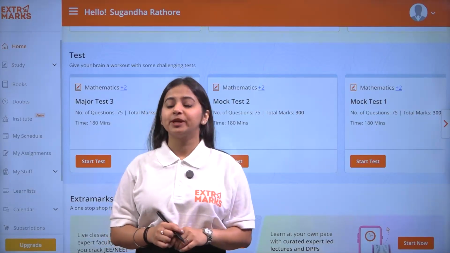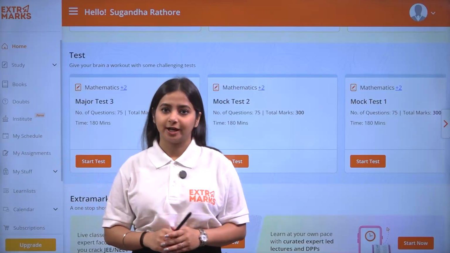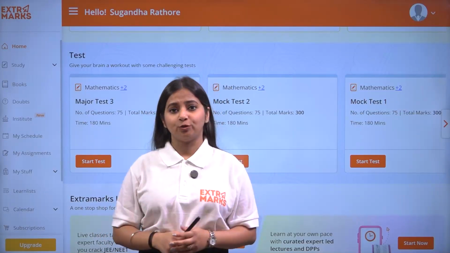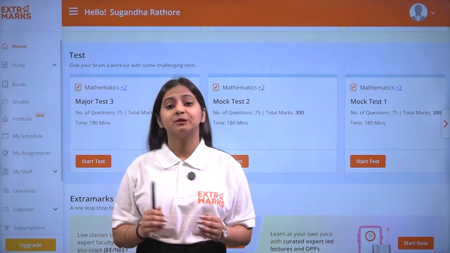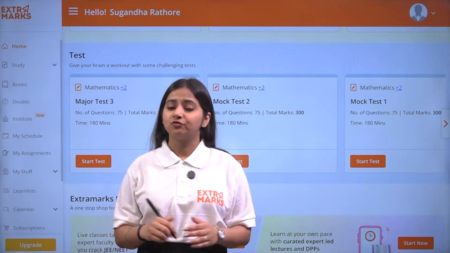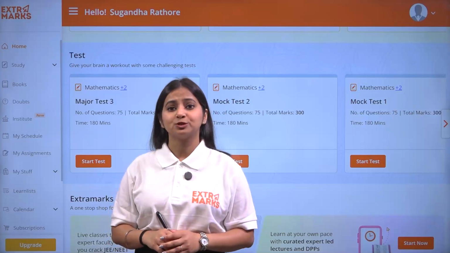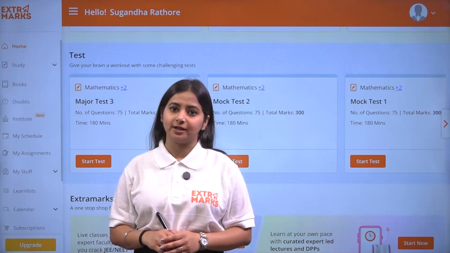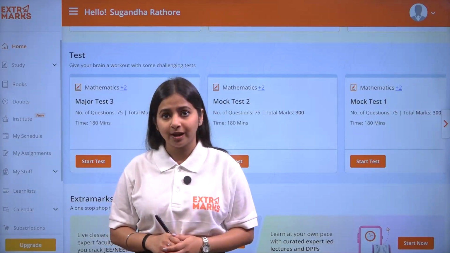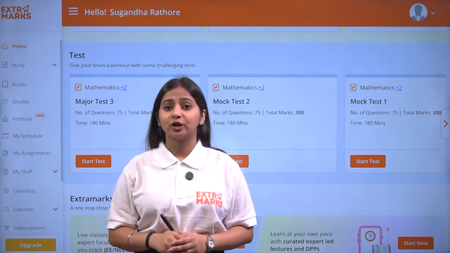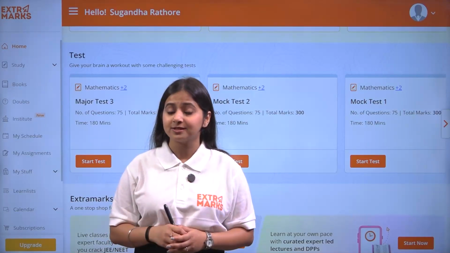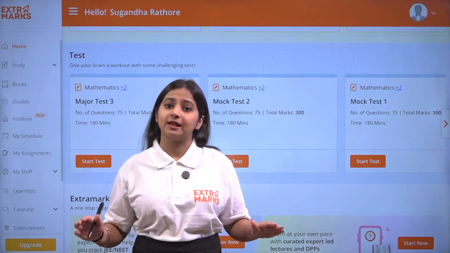And today I will be guiding you through the student learning application. As we know, digital technology has completely revolutionized the world of education by providing digital content to students to cater to their individual learning needs, from classes K to 12 and JEE, NEET, and that too at unbeatable prices that are not found anywhere else in India.